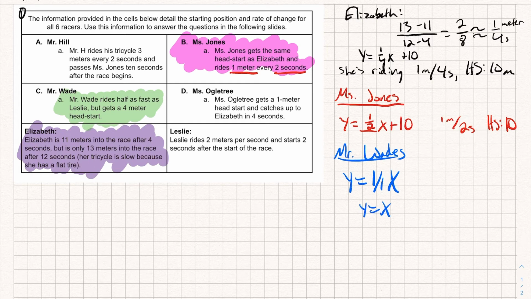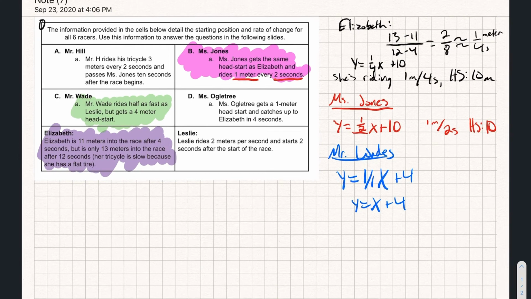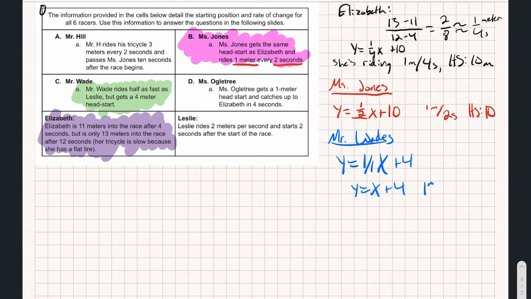And then it says that he got a 4 meter head start. So the equation for Mr. Wade is y equals x plus 4, where we know he's traveling 1 meter per 1 second and has a head start of 4. So now that we know that his equation is y equals x plus 4, and you guys can go ahead